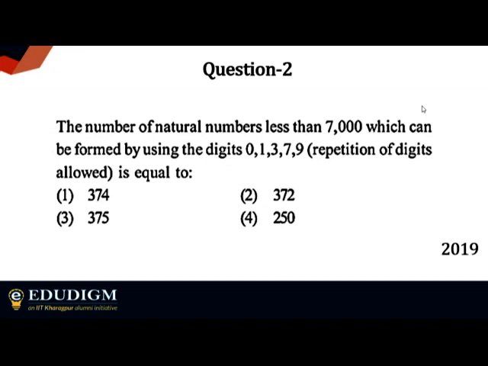Can you just quickly tell me what is the method you people have used? Sometimes you go for the normal method where you're just adding things up, and sometimes you use subtraction, where you see the complementary cases and then subtract. That's what happens for numbers like 374 and 375. Sometimes you're considering 7000 and sometimes you're not, probably that is why. Yeah, first digit, exactly. So some of you are getting different answers. And you subtract 1. All right, it's a natural number.